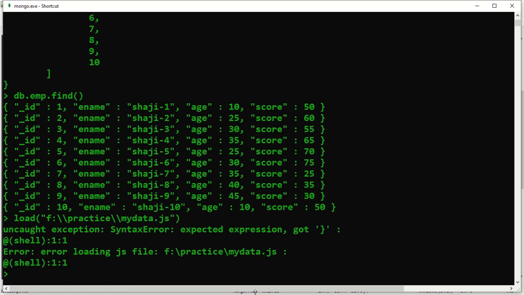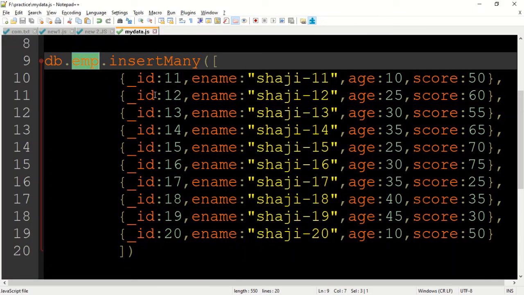What is that? Unexpected... okay. Let's say practice load f: practice, error loading JS file. Okay, this is in the shell. So let's see here, some mistake here.